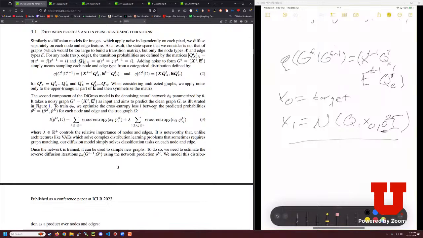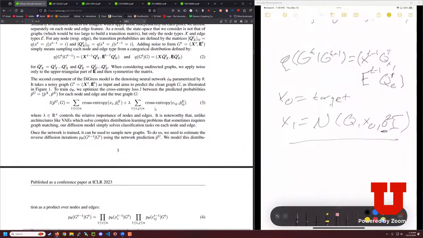Yeah. And then you kind of randomly generate any subgraph, a graph with less than or equal to n nodes and also any edges between them. But how do they sample